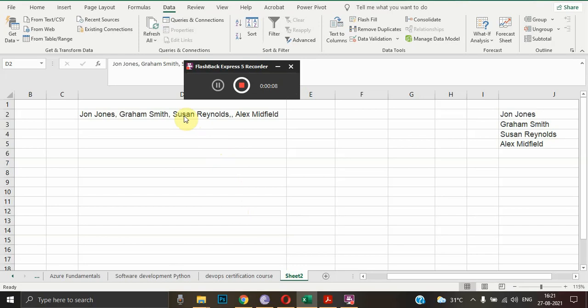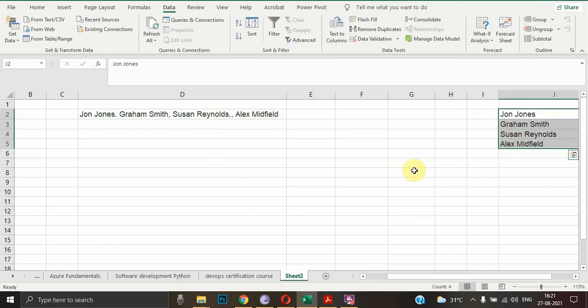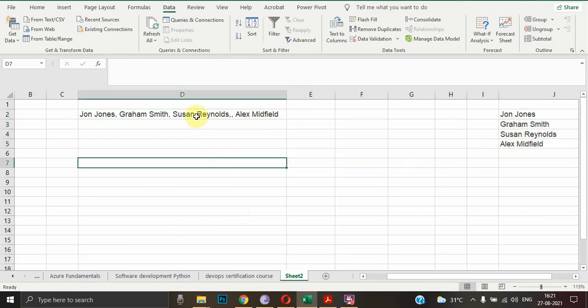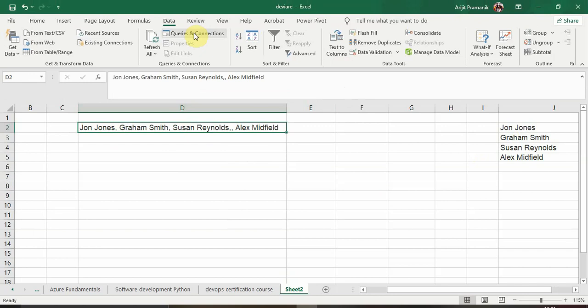Suppose you are working with Excel and you have data in this format. It is a comma delimited format and you want the data to be in individual cells. So how to change this? It's very easy. You just have to select the cell with the comma delimited data, and then you have to go